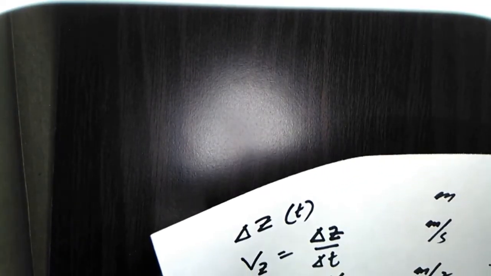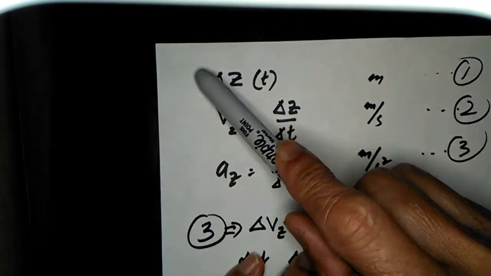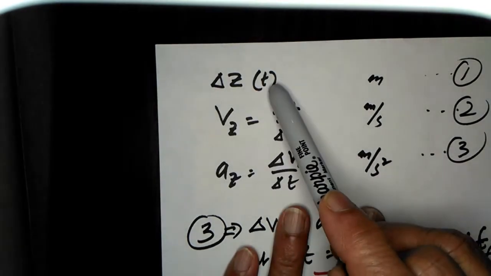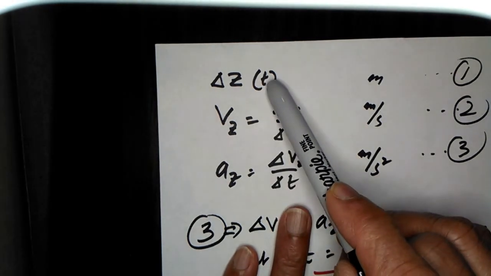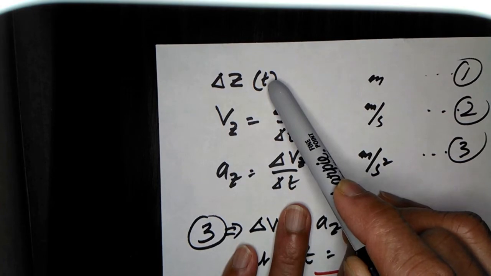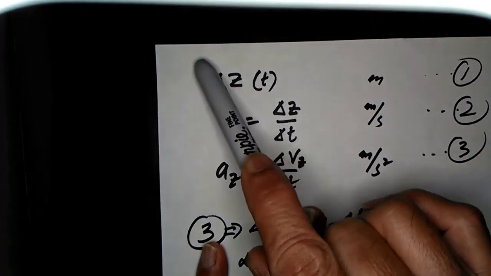So we have three things. One is delta Z, measured in meters. We want to know how many meters after 10 seconds, 1 second, how many meters was the object 3 seconds ago, and things like that. So delta Z, this is what we want to figure out,